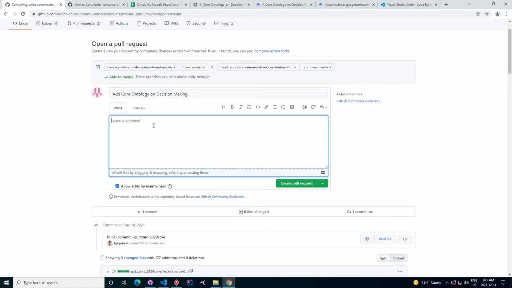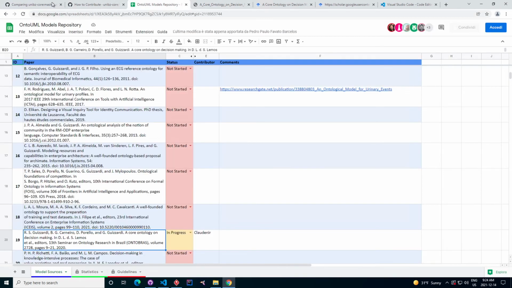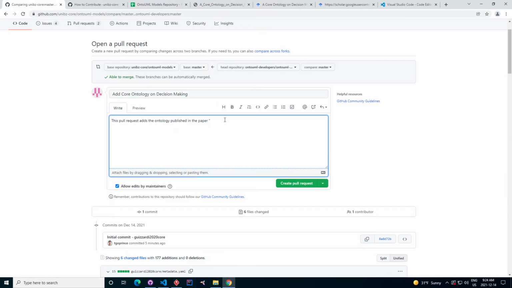Okay, so you can say here something like, this pull request adds the ontology published in the paper, let's say here, go back to, okay, in the paper,